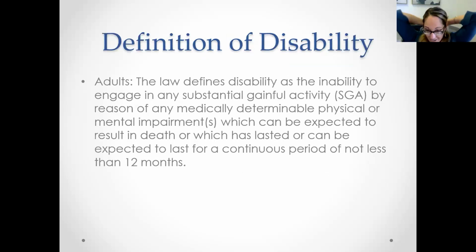So let's move on to what the definition of disability is for Social Security. I'm going to talk to you about what it is first for adults. For adults, this is what it says. I put it on the slide here. This is what the law says, just copy and pasted. The law defines disability as the inability to engage in any substantial work because of a medically determinable physical or mental impairment. So either a physical or mental condition, or a combination of both, which can be expected to either result in death, or which has lasted, or is expected to last, a continuous period of 12 months.